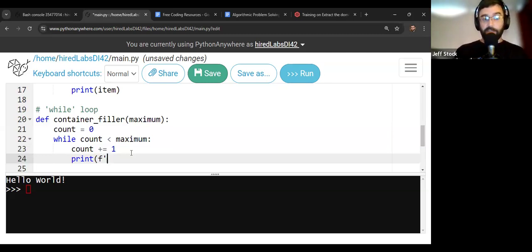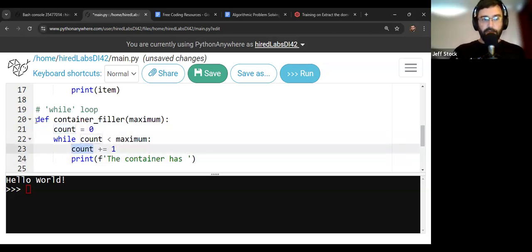The way we do that in Python is just the letter F and then the beginning of a string. So either the single or double quotation marks, either one works in Python, if you recall. And I'm going to close off a print statement. And then inside this string, I'm going to show you what formatting does and why we use it and why it's cool. So we could put our string. So we say the container has,